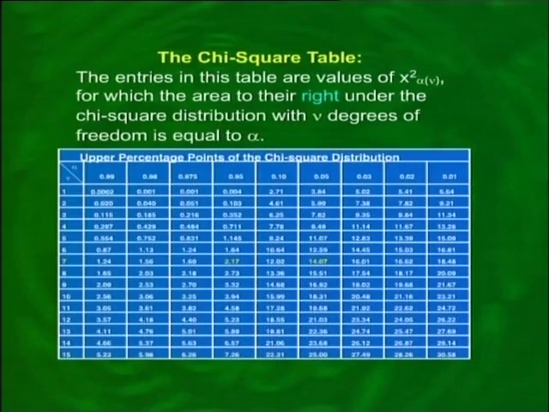Hence, in this particular problem, if we want 90% confidence, then we will be looking against 7 degrees of freedom. Once we will be looking under 0.95 and we find the value to be 2.17, and the other time we will be looking under 0.05 so that we find that chi square is equal to